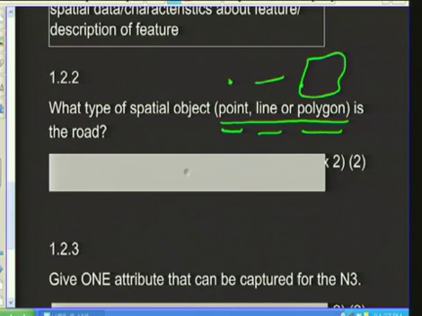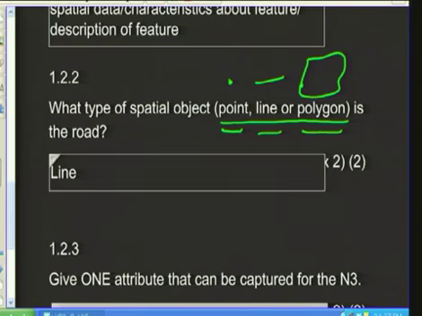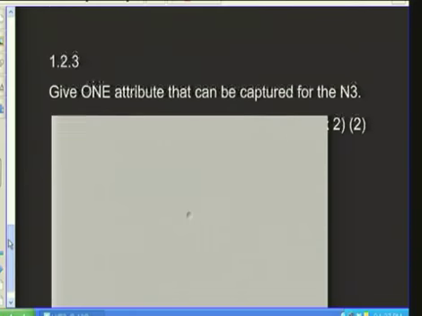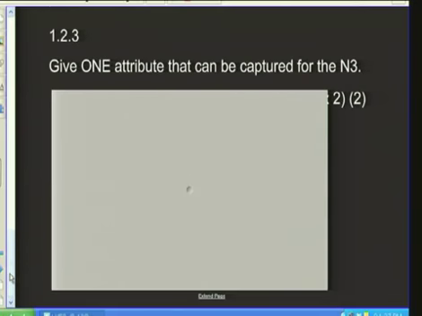Now we have to ask ourselves, or the examiner asks, what type of spatial object is the road, a point, a line, or a polygon? I think this one's going to be fairly straightforward. Naturally, it's the line. And then they ask us to give one attribute that can be captured for the N3. So they want us to describe or get a bit more information about the N3, and maybe it would be